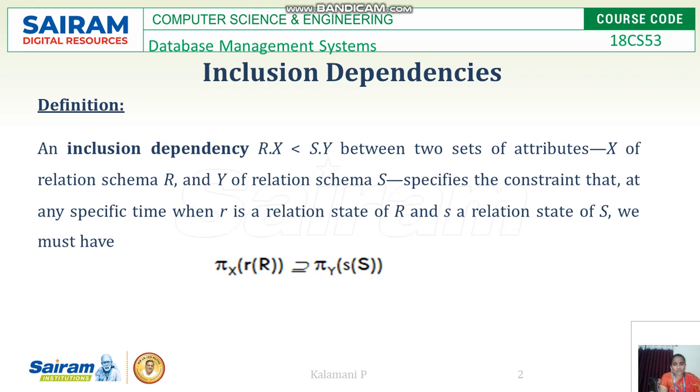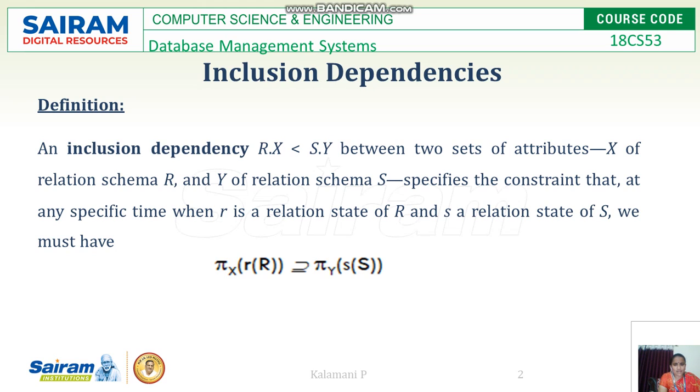First we will see what is meant by inclusion dependencies. In order to define inclusion dependency, we have taken two relation schemas R and S. The set of attributes in R is called X. The set of attributes in S is called Y. Between these two sets of attributes, X and Y, we specify the constraint that at any specific time, when r is a relation state of R and s a relation state of S, we must have, where relation state means the data present in a particular consistent state,